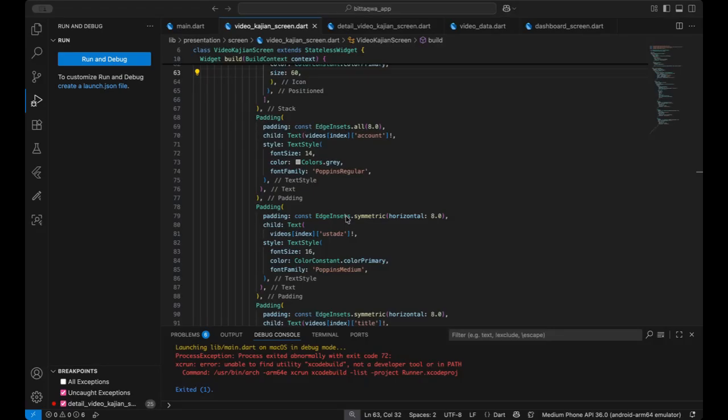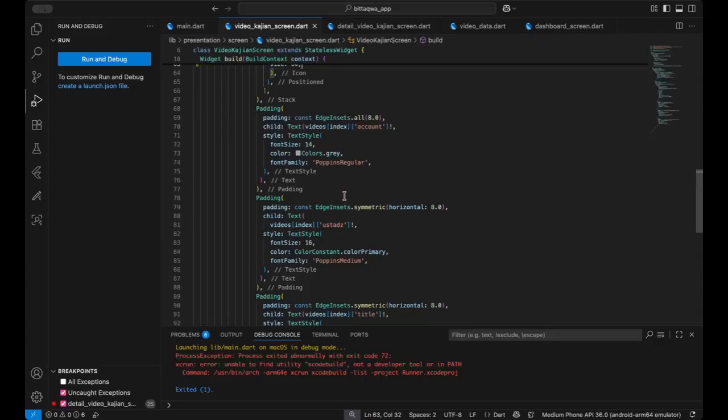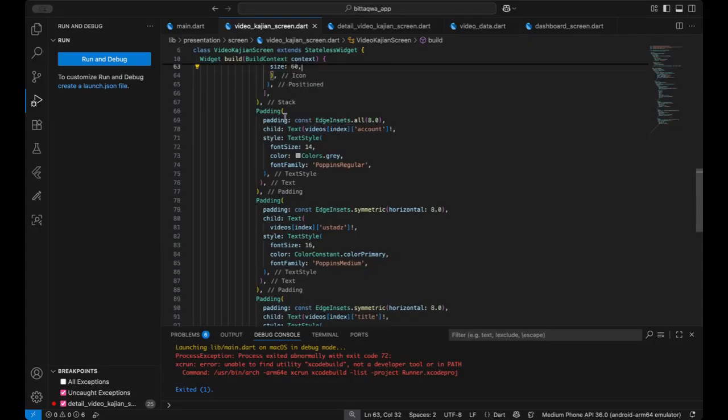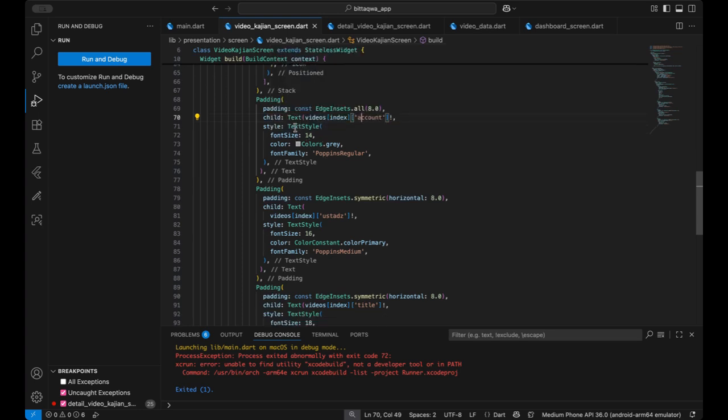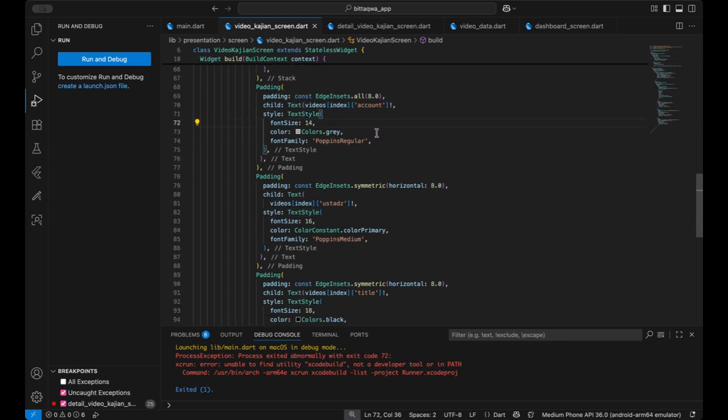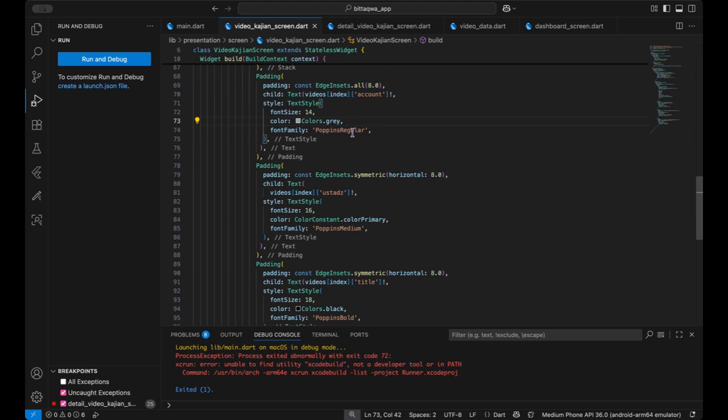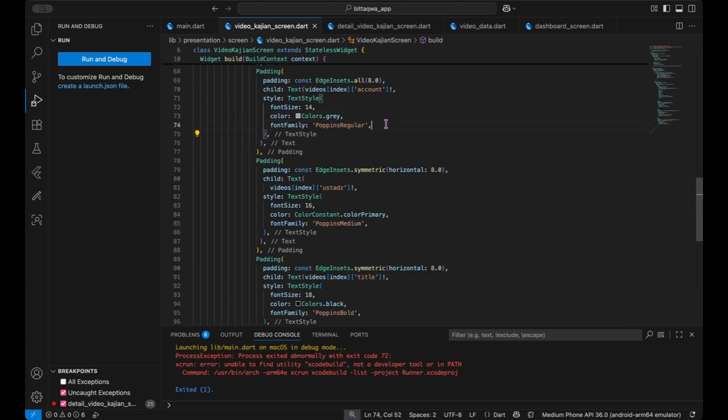I use padding to make some spacing, and then the text for the account. For the text style, I use 14 for the font size, gray for the color, and Poppins Regular for the font.